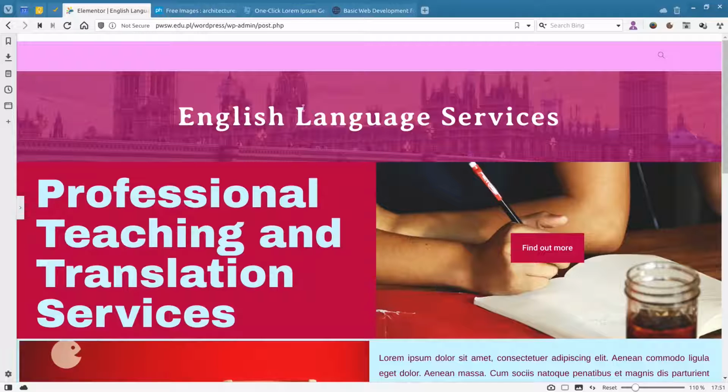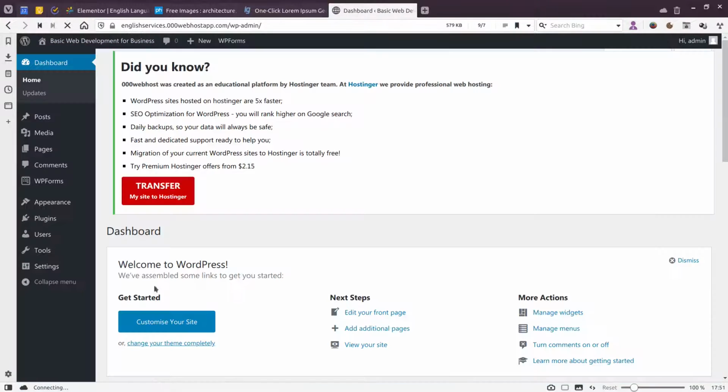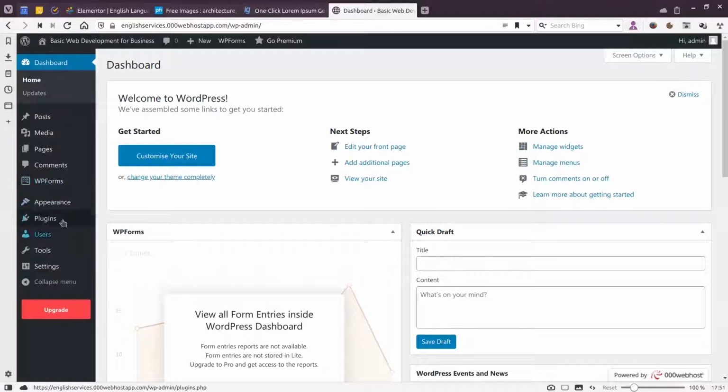This website is on my Camilo server, but now I will switch to the 000 web host server, where I've got the website that I created last week. The first thing we'll need to do is to install this plugin, obviously. So I'm going to go to the dashboard, and here in plugins